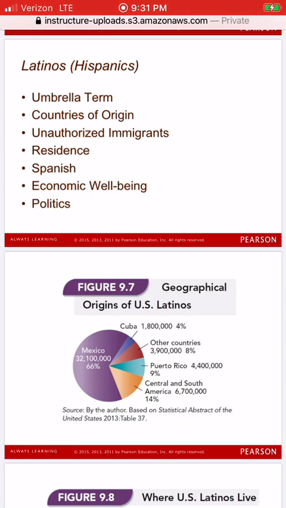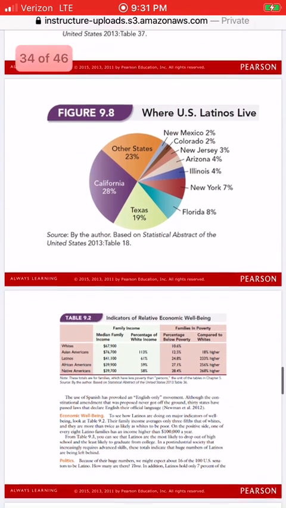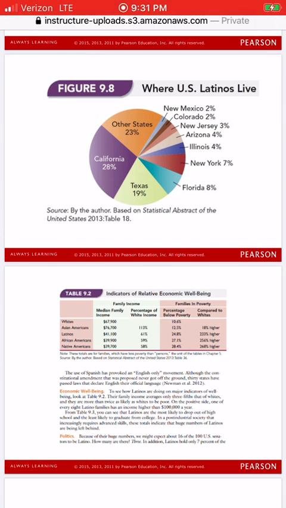Let's talk about the economic well-being. We know an average income for Latinos is around $34,241. It's higher than that of African Americans. I'm sorry, I'm missing some slides that you guys should be seeing while I'm doing this here. But it's significantly lower than that of non-Latino whites, which is about $48,977, roughly. Okay, Cubans are the most affluent Latinos. Their median income is roughly about 75% that of whites. The poorest among the large Latino groups tends to be Puerto Ricans. And almost 22% of Latino families live below the poverty level, compared with slightly less than 9% of white non-Latinos.